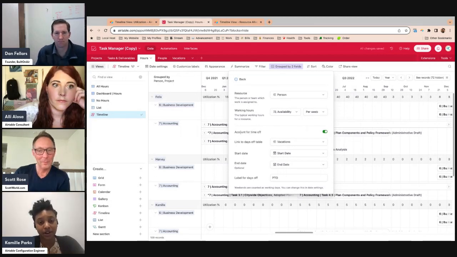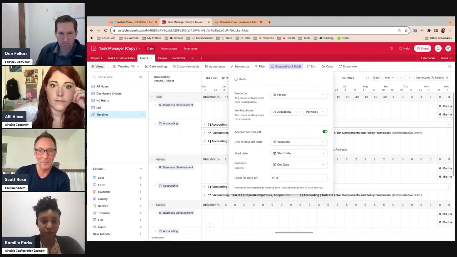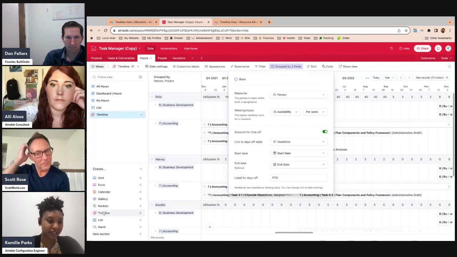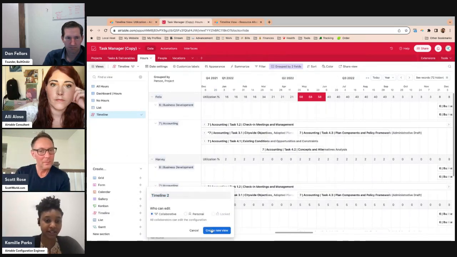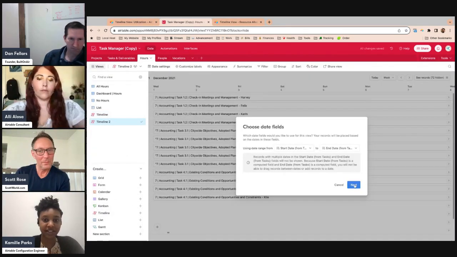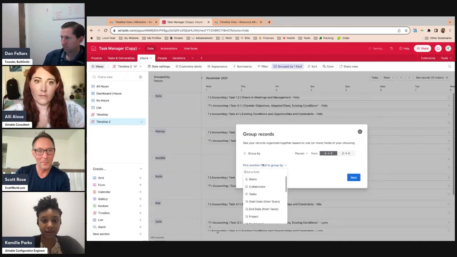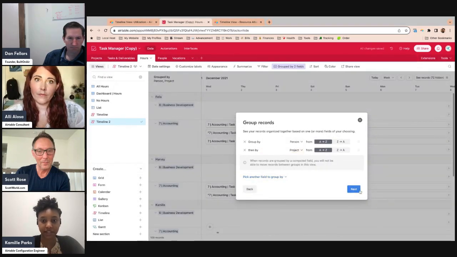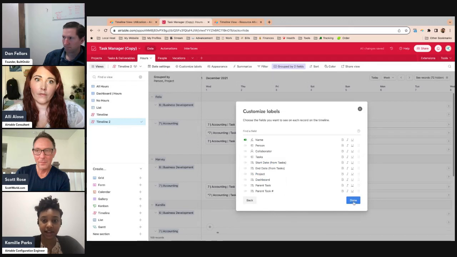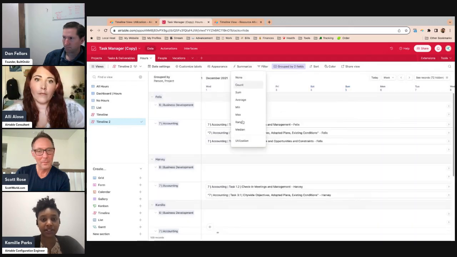And now we have a separate option for account for time off. This was a feature before, but it was somewhat hard to get in there. So to demonstrate the things that they've added, I'm just going to really quickly create a new timeline view. I'm going to set it up largely the same as it was set up before, grouping by person and then by project. That's fine. Going into summarize, you would choose utilization,